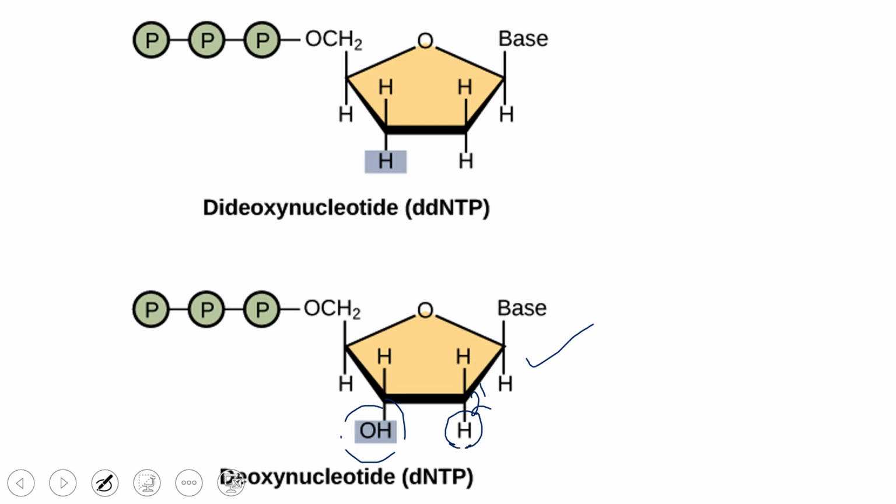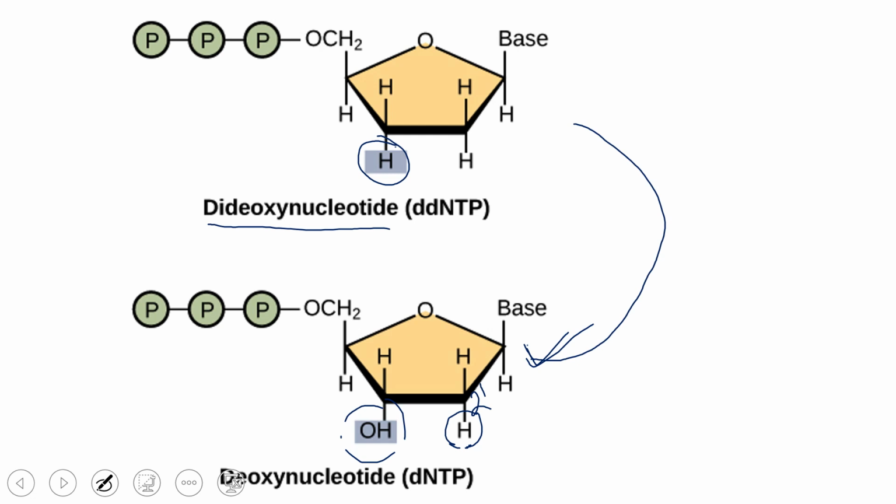In the Sanger methodology, we are using the normal nucleotide in the deoxy form. Along with that one, we are also going to use a specialized nucleotide that is called a dideoxynucleotide. Di means 2, deoxy means without oxygen. So in this case, the third prime OH is replaced with hydrogen, meaning oxygen is deficient there. So we are going to modify the normal dNTP into ddNTP, meaning at 2 places oxygen is not there.